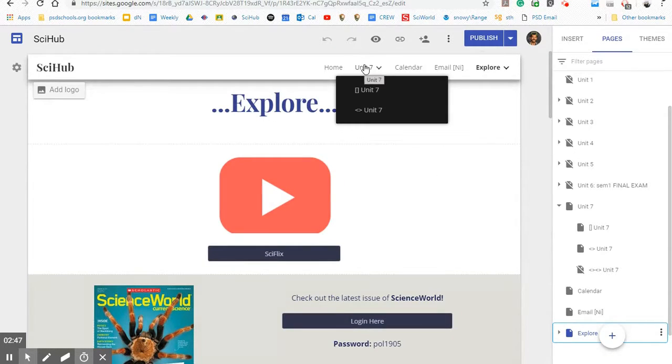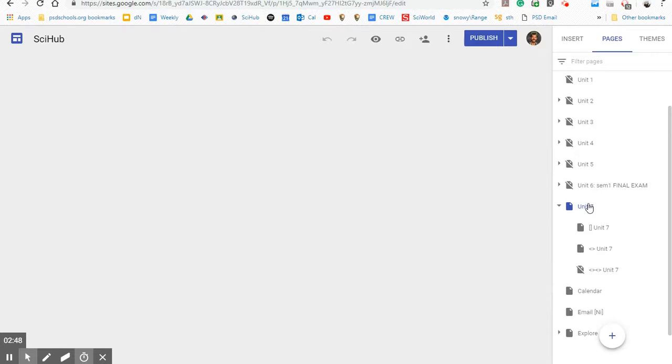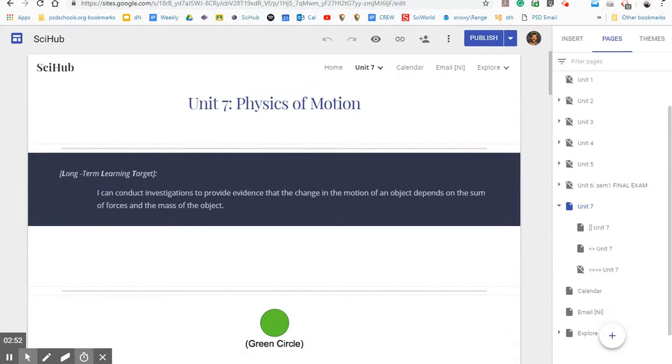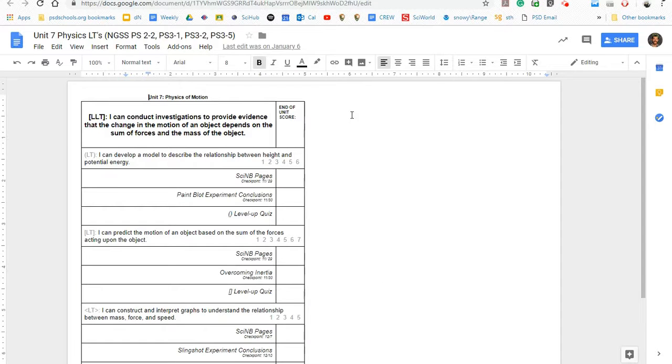So in order to help them here on our Unit 7 tasks, there are some things that are absolutely critical that I've found that you need to do to really help the students know where they are in this progress. And one of them is the learning target paper. The learning target paper, I have it start with the long-term learning target, followed by the green circle learning target. And you can see I use these icons here,